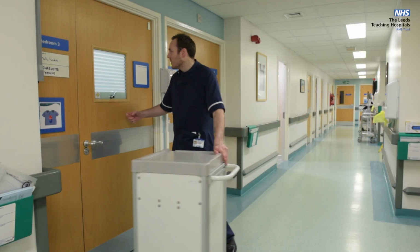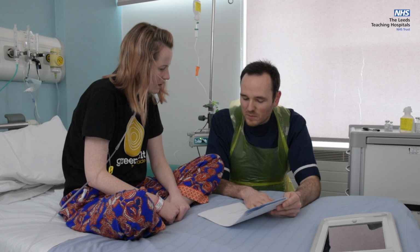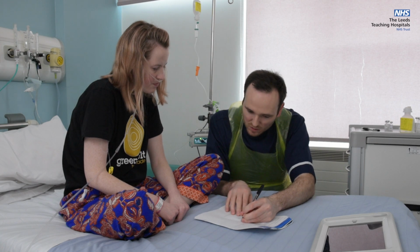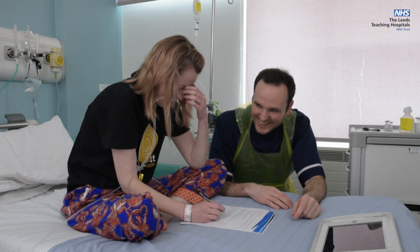The nurse takes the trolley with the medication and all the medical equipment required to prepare the prescribed drug in the patient's room. The nurse goes through the procedure with the patient to clearly explain what will happen and obtain their consent. The patient signs the form to consent to become a second checker of their own IV drug, and